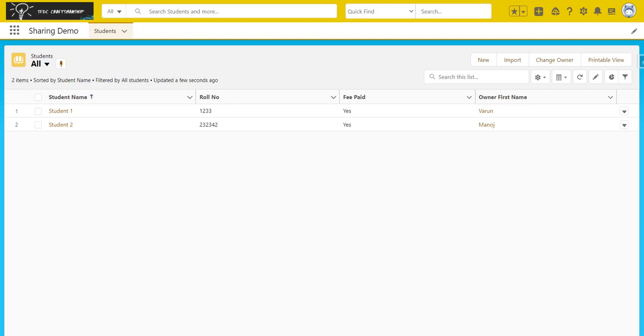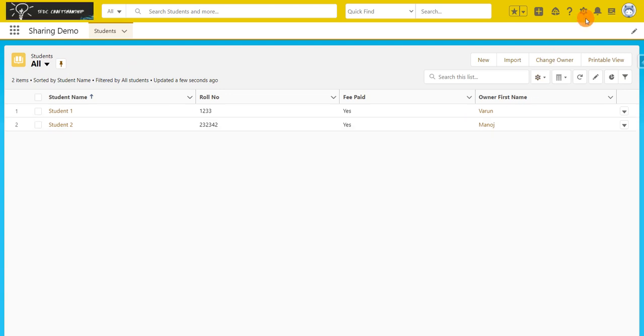We need to use something called public groups. A public group is a group of users to which we can share our records. But a public group cannot be a record owner, whereas a queue can be a record owner. So make sure of this point: public group cannot be a record owner, but queue can be a record owner.